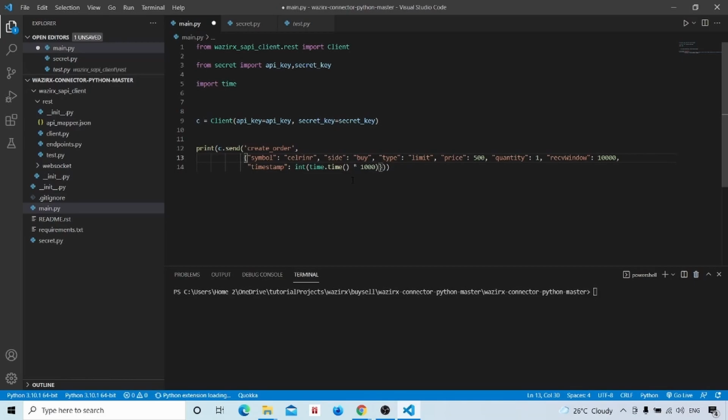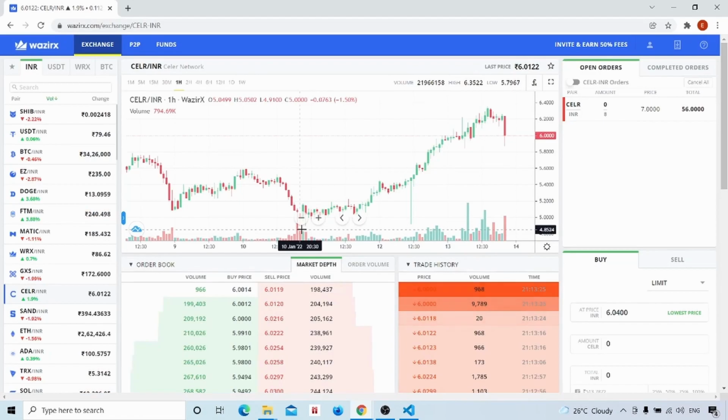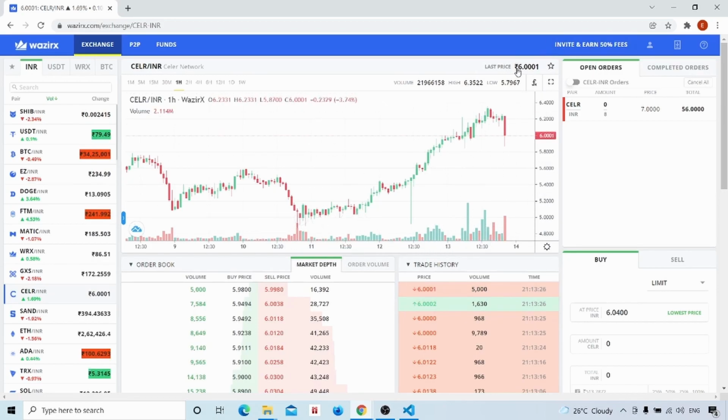With low balance we can trade this Seller INR, which is only 7 rupees I think. Now quantity we'll keep at 10. Price we will keep at 6.5 I think. The reason I have taken the price as 6.5 is because Seller is now trading at 6 rupees.